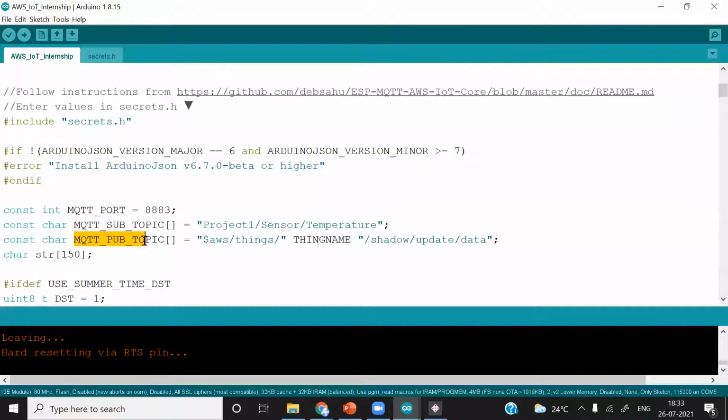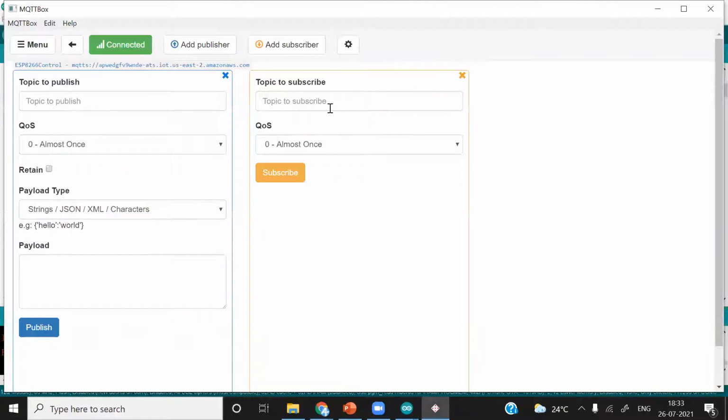You can see the MQTT publishing topic as this. I'll just simply copy this one, Control C. Now MQTT box must be subscribed to this particular topic so that it can receive data, because we are sending data from ESP8266 to this topic. Now to receive data, you must be subscribed to that topic.